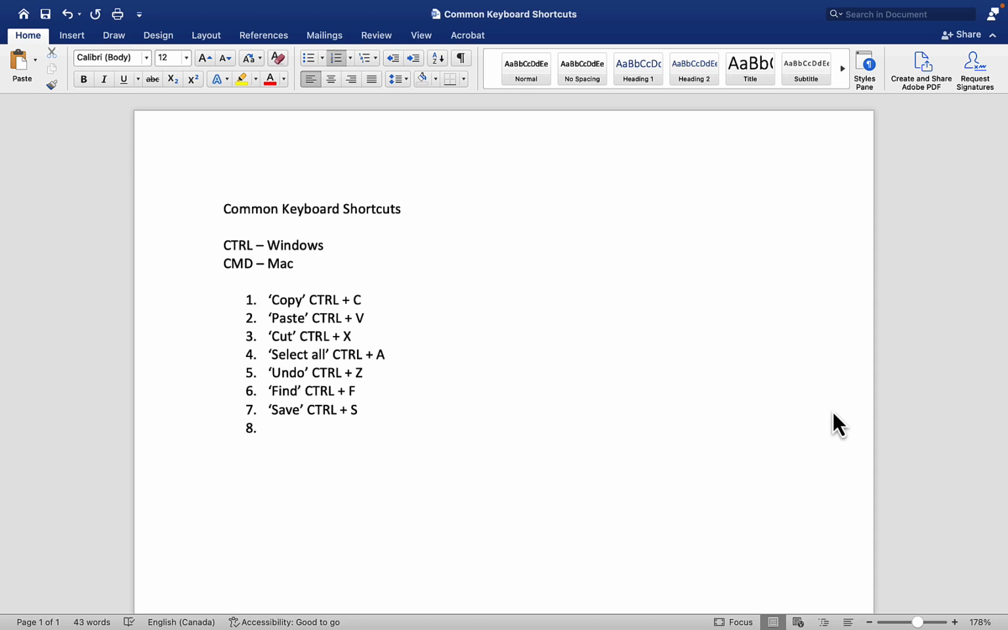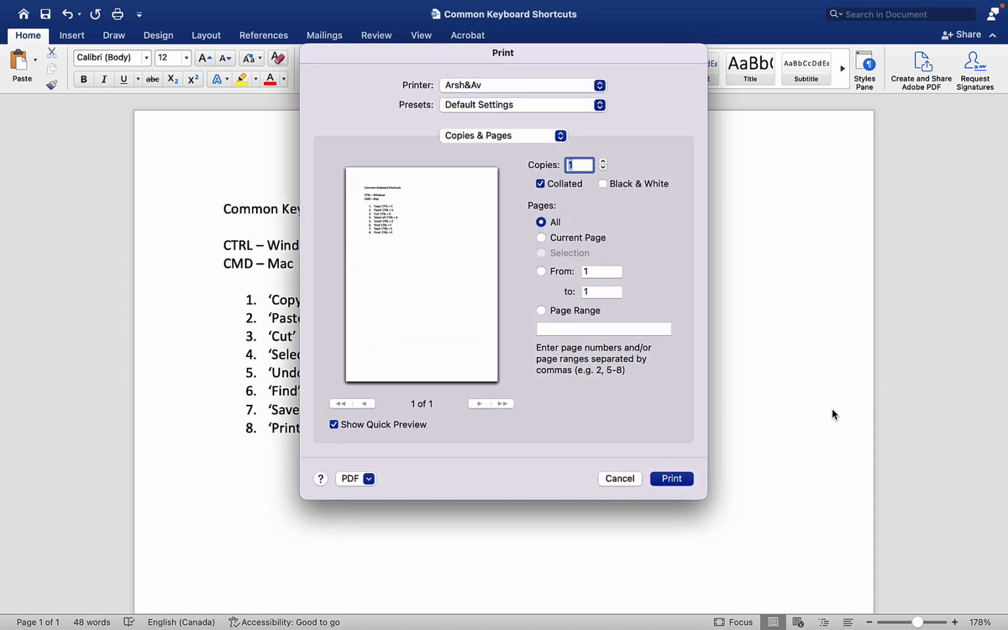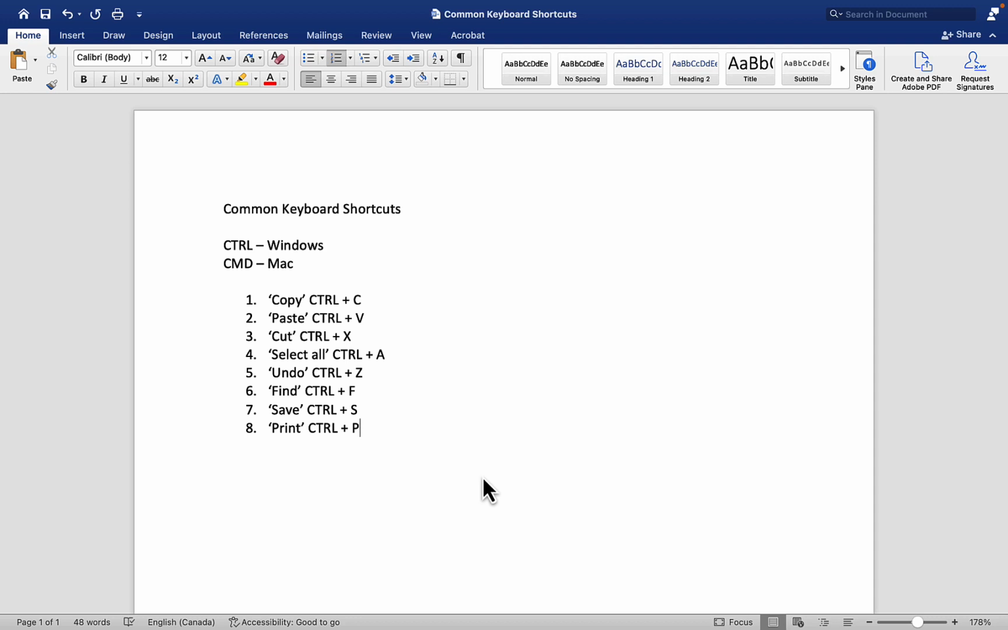This next one is useful if you print a lot of things, and if this is like a regular activity. Again, you can make it really easy by using Control-P. So if you do Control-P, it's going to open up this print preview for you, and it's going to tell you which printer, which presets, just the general print preview, and you can just go ahead and click on print here if you wanted. I'm going to cancel this for now, but again, really nifty shortcut,